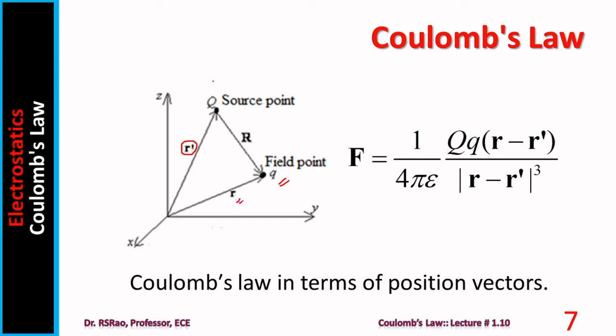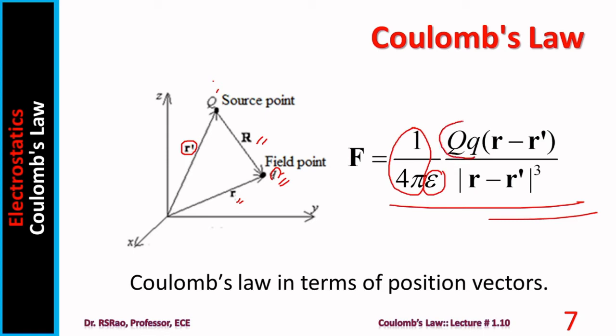Here it is r. Source charge, let us say capital Q, and test charge, small q. As already mentioned, it is standard practice to indicate the vector from capital Q to small q, or source point to test point, by capital R. Now, the force on small q due to capital Q can be expressed in this formula. It is quite simple to understand because Coulomb's law says the proportionality constant is 1 by 4 pi in the MKS system. Force is inversely proportional to permittivity, therefore epsilon is placed here.